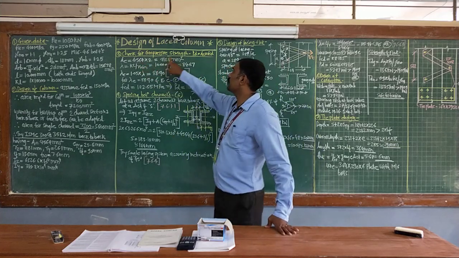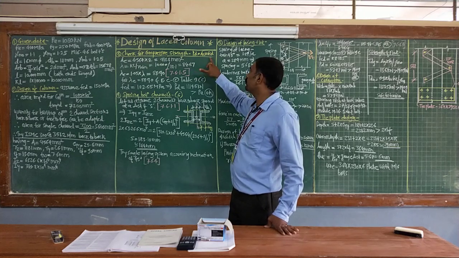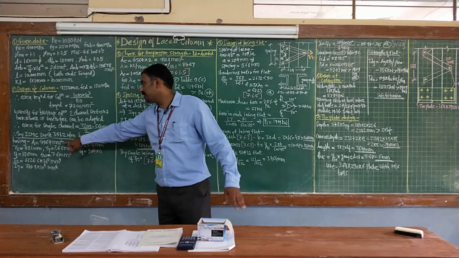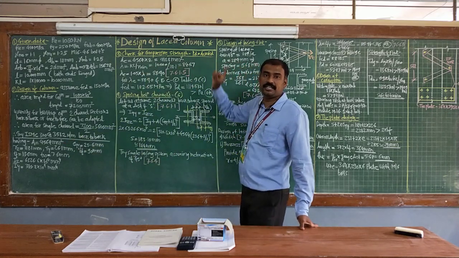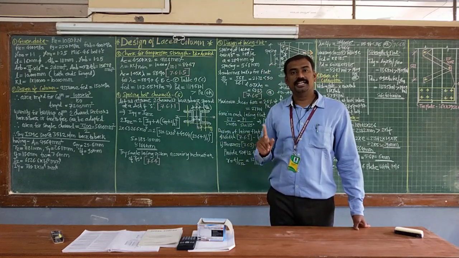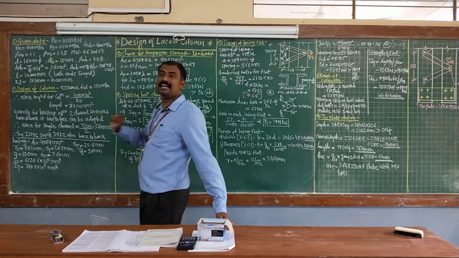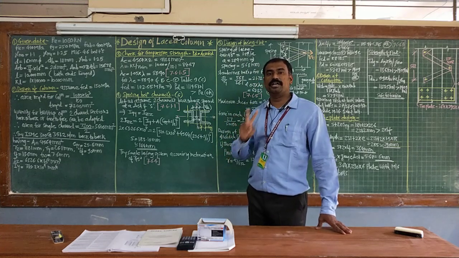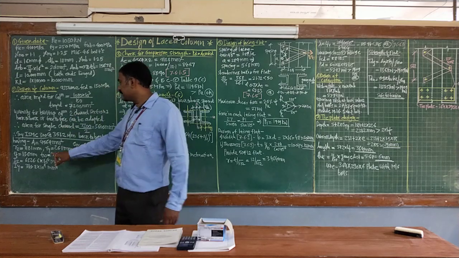Next is the check for compressive strength. Pd is equal to area into fcd, or effective area into fcd. Here the effective area is based on the given value 4564, but for fcd calculations, fcd depends upon the slenderness ratio, and that is KL by r. KL is the effective length, which is known to us, equal to 10,000. But regarding the r value, that is radius of gyration, we have two radii of gyration. First is along the z side, second is along the y side.